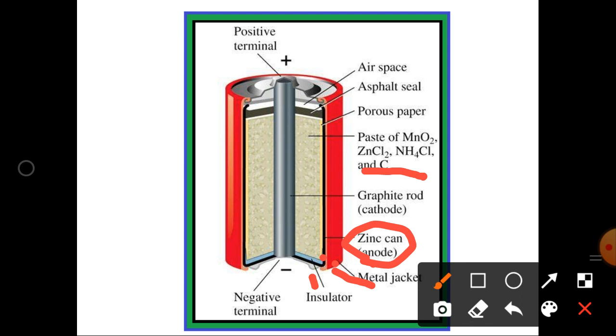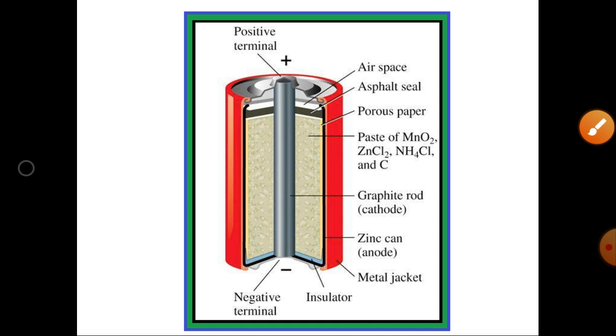If you are not placing any porous paper between the anode and cathode, automatically a short circuit between the anode and cathode will happen. So to avoid that, the insulation is provided between the anode and cathode, and the asphalt shield is used to restrict the flow of electrolyte from inside of the battery to outside. And the positive terminal of the battery is connected to the cathode carbon rod or graphite rod, and the negative terminal of the battery is normally connected to the zinc rod, that is the anode. So these are all the construction of a dry cell.